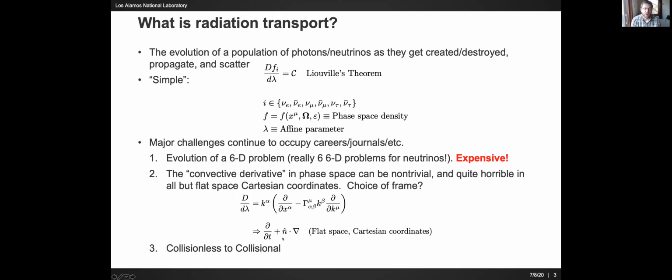But in almost any other choice, it gives rise to a fair amount of complexity in this operator. And when you go to non-trivial spacetimes, which of course is of relevance for things like neutron star mergers, this can get quite disgusting, in fact, and there are lots of issues that can arise from that. And the last issue is that transport is a uniquely horrible problem because